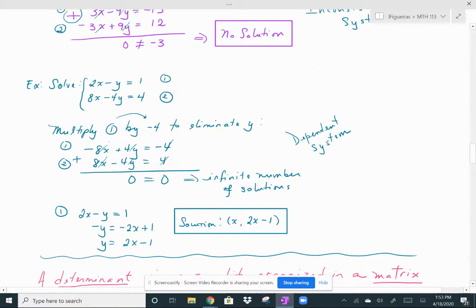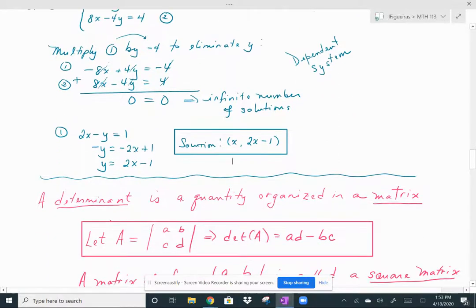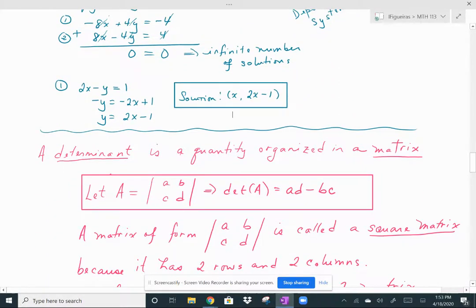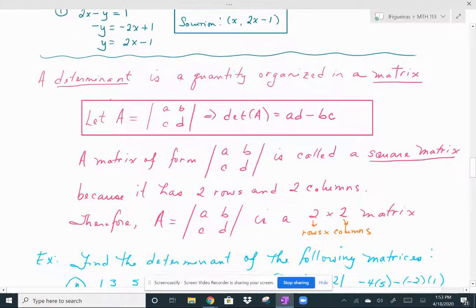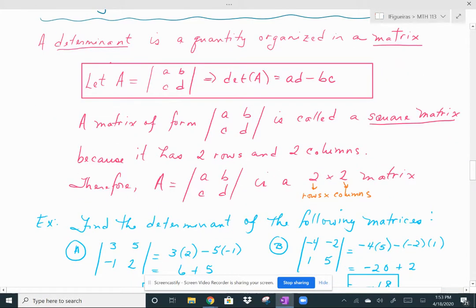All right, so we're going to talk about determinants, because if you understand determinants, we can actually solve systems of linear equations by another method, which I'll talk about in a few minutes. But a determinant is a quantity, a scalar that's organized in what we call a matrix. A matrix is going to look like an array of numbers, or like a box of numbers where you have rows and columns. So if we let A equal the matrix with entries a, b, c, d within these vertical bars,